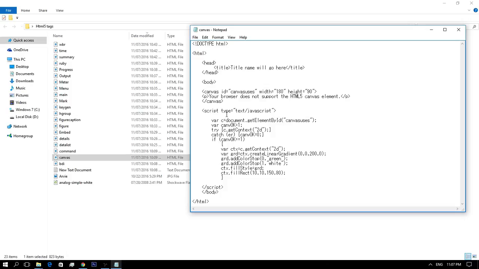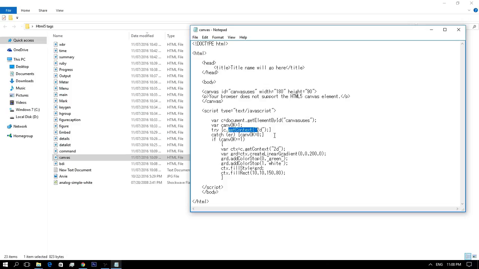Each canvas element can only have one context. If we use the getContext method multiple times, it will give back a reference to the same context object. So these are the points to remember.